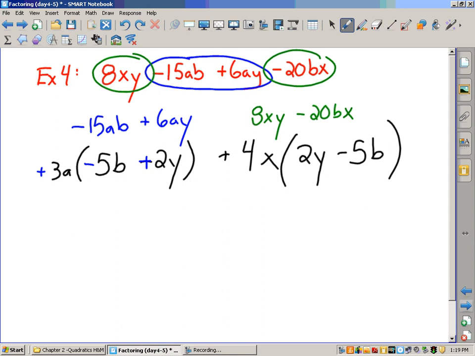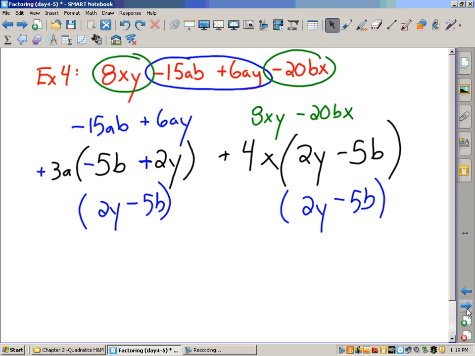and a positive 2y. Okay, so here I'm just going to change the order so you can see what we have in parentheses. Do we have the same thing in parentheses now? Okay, so now I'm just going to factor out a binomial of 2y minus 5b. Now those of you that don't understand what I'm going to do here,